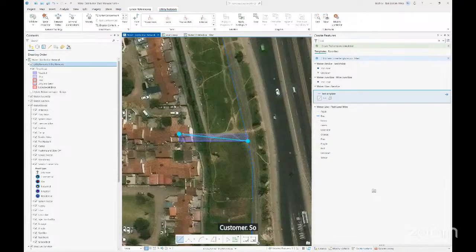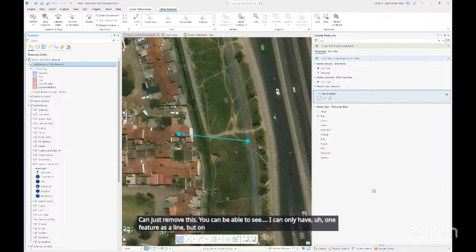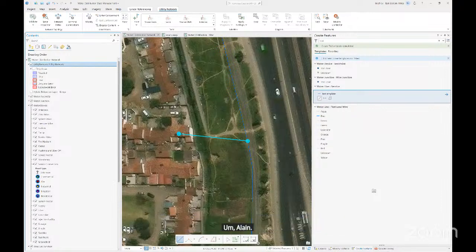So here as a group template, now you've been able to see, can just remove this. You can see I can only have one feature as a line, but on top of that, you'll have other accompanying features on top of that specific line, like the junction as a fitting, then of course the customer metering point. The other one that you can make use of is